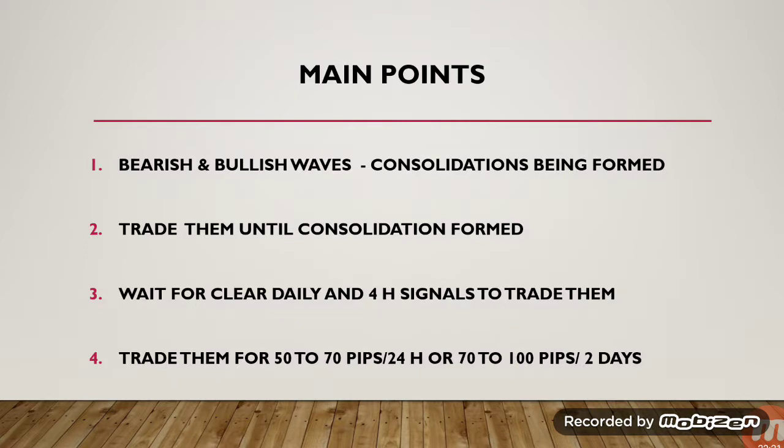So the main points: bullish and bearish waves. This was a typical example of where we can actually identify these types of bullish and bearish waves that lead to the formation of consolidation. And once we're able to spot them, we can take advantage of them and trade them until the consolidation has been finally completed. The important thing, however, is to ensure that we trade these only when the daily chart and